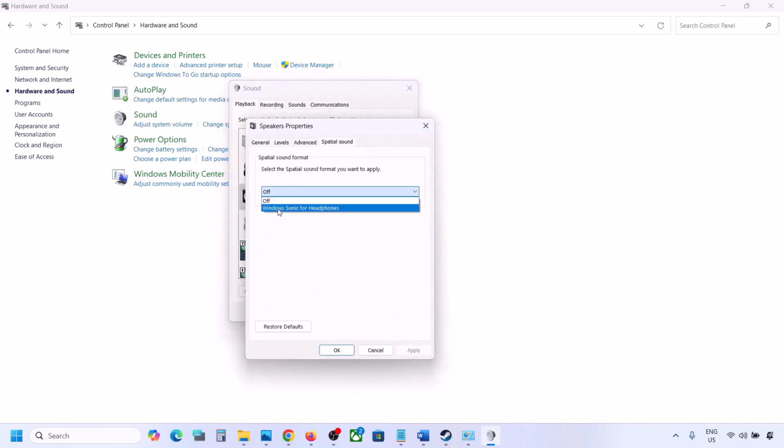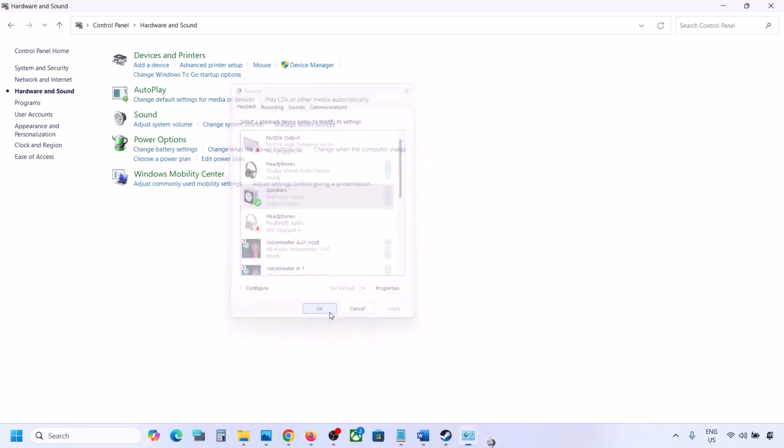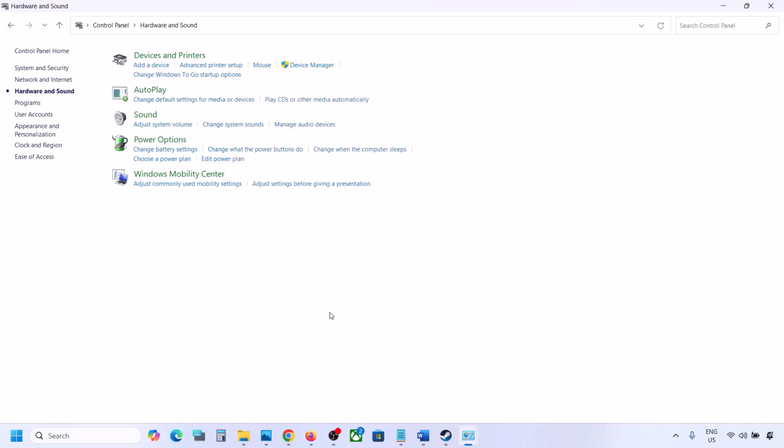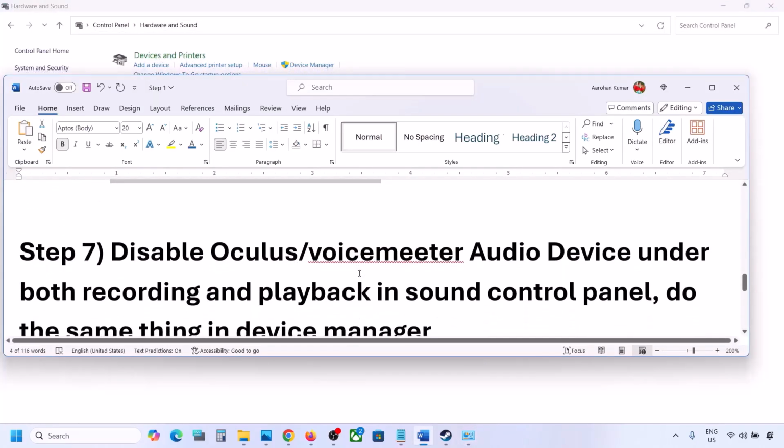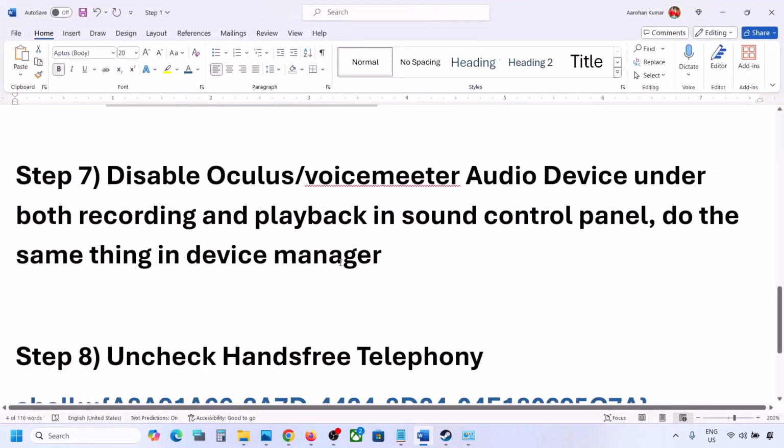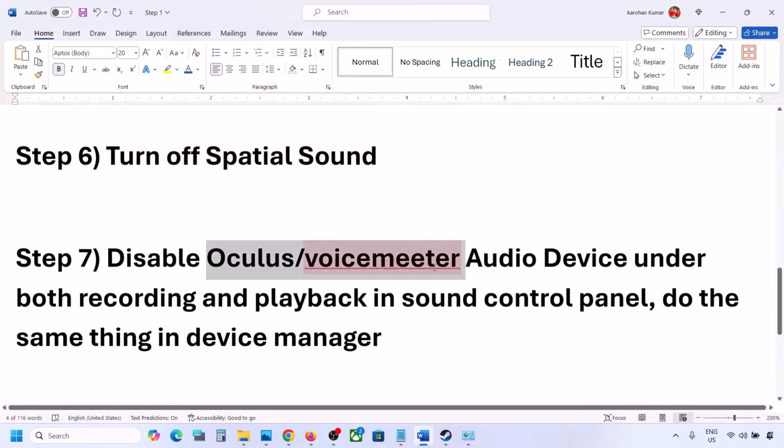If this is set to Windows Sonic, you can turn it off and then click on OK, or you can do the vice versa. If it is already set to off, then you can try Windows Sonic and then check. Now the next step is, if you have applications like Oculus or Voicemeeter or any other audio